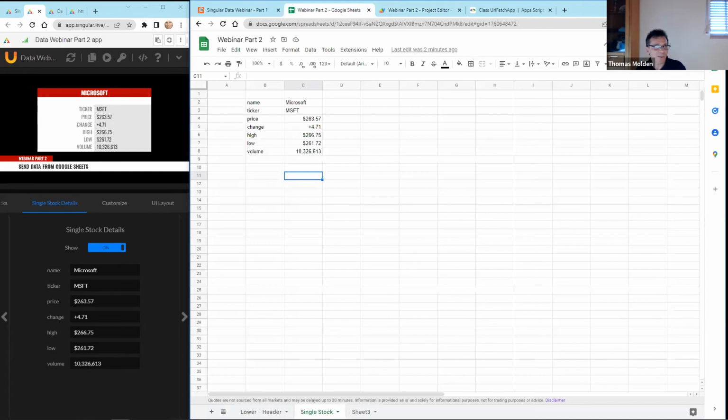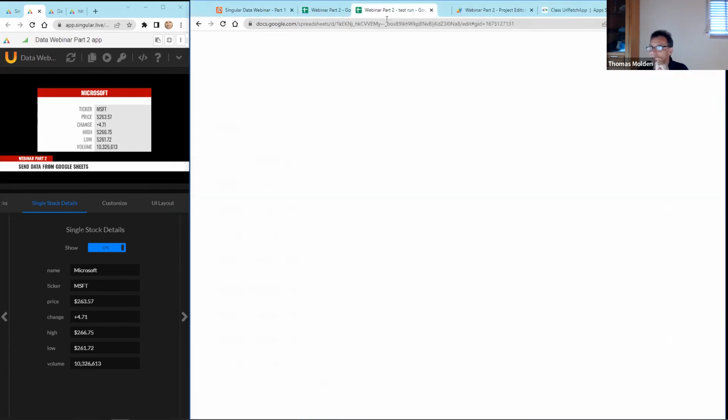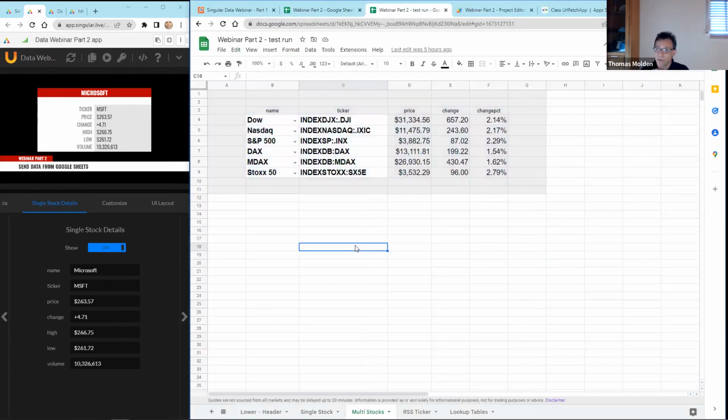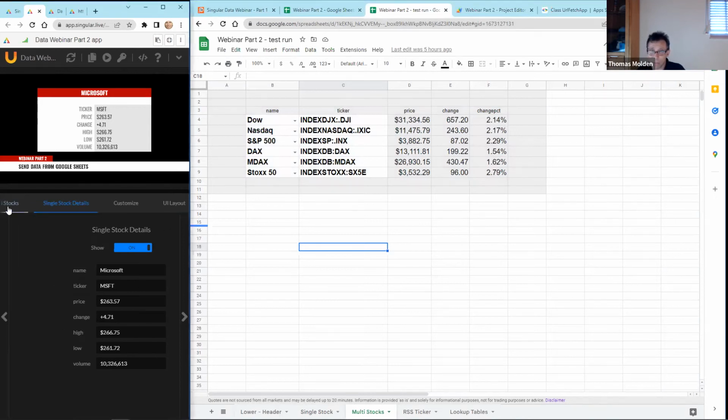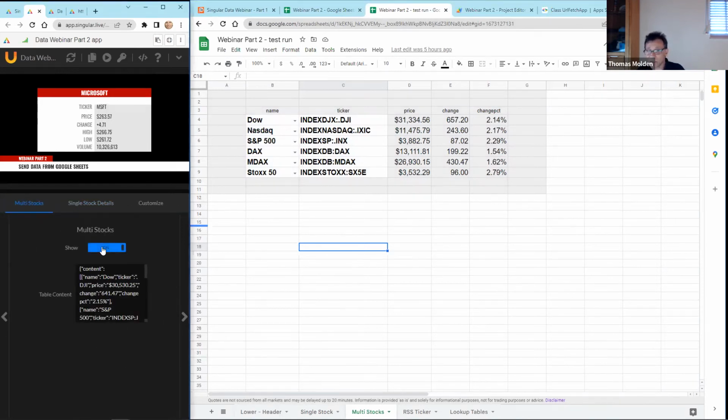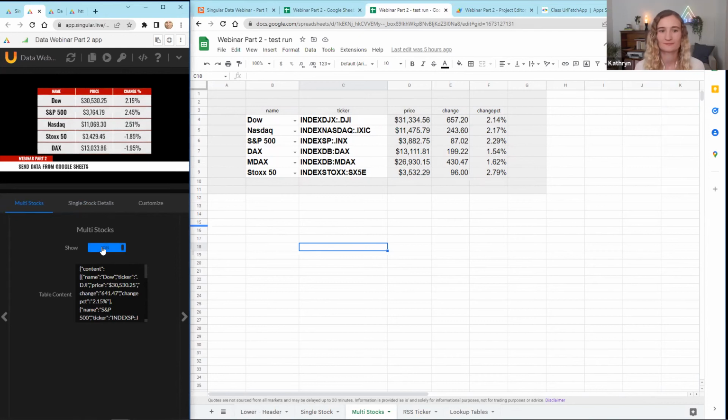Okay, so we are already running a bit late. So what I'll probably do is I'll just skip ahead and show you a sheet which I've prepared earlier. That's regarding the multi-stocks. There are a few things I want to point out. And for the multi-stocks